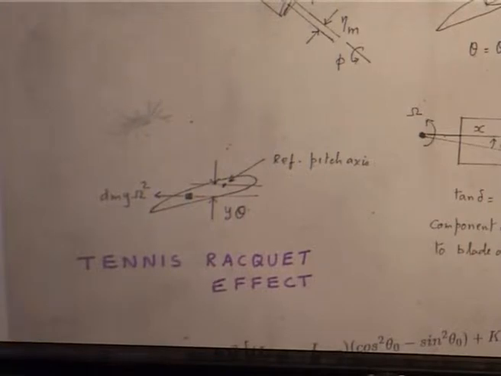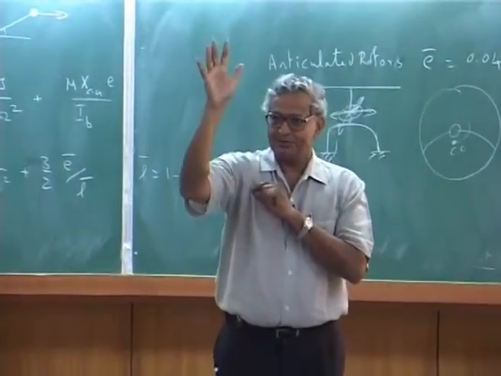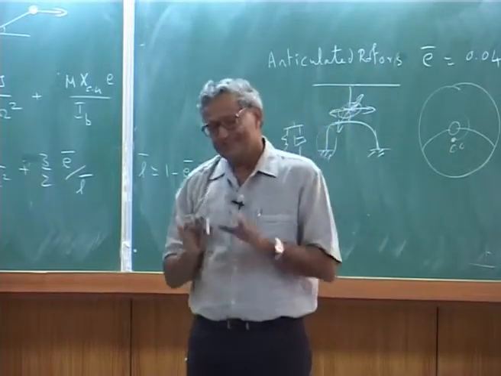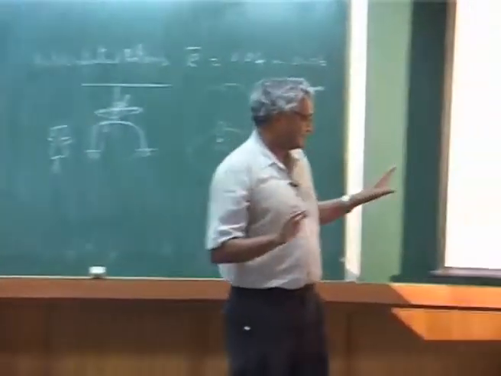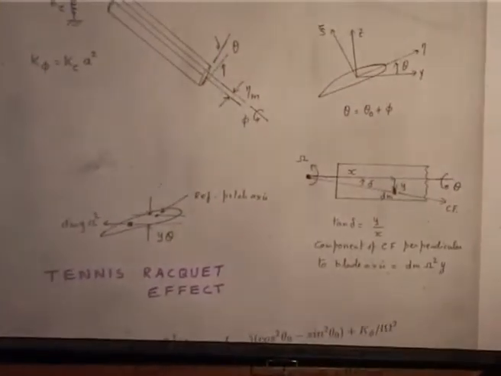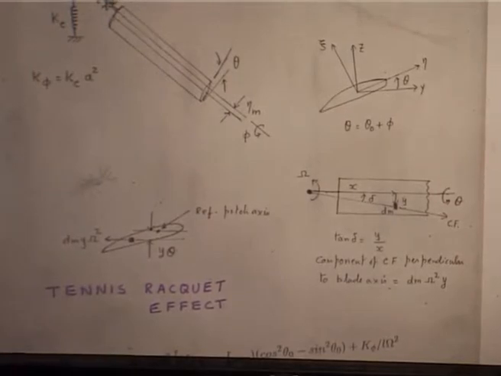When he hits the ball, you will not know which location he is hitting. When he is swinging, it may turn a little bit, and where it hits, you do not know. It may come a little away. This is the terminology they use, the tennis racket effect. I will just give the derivation,